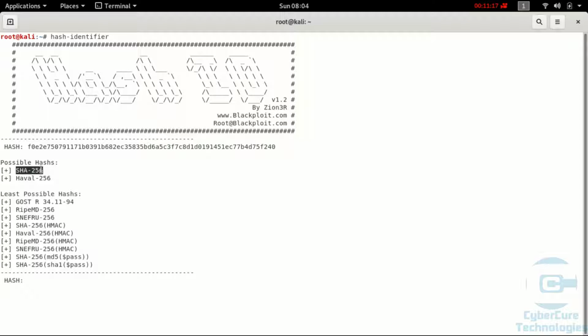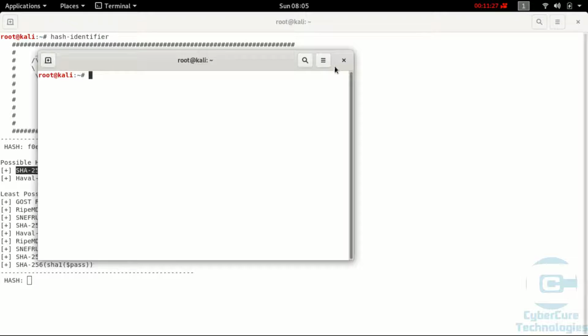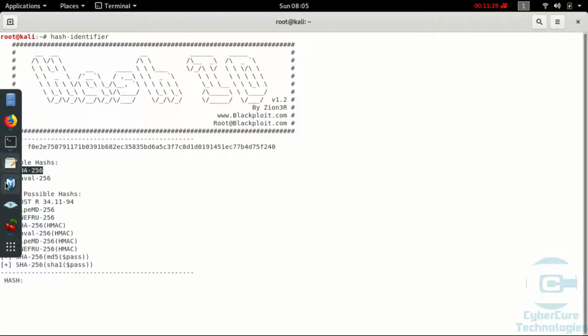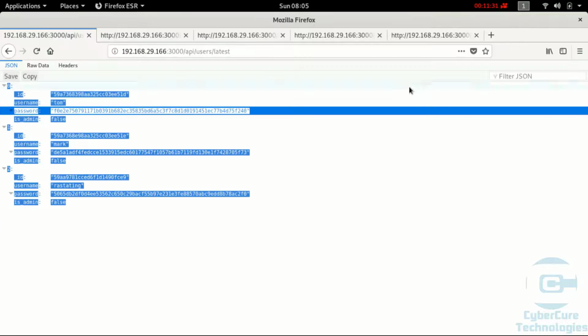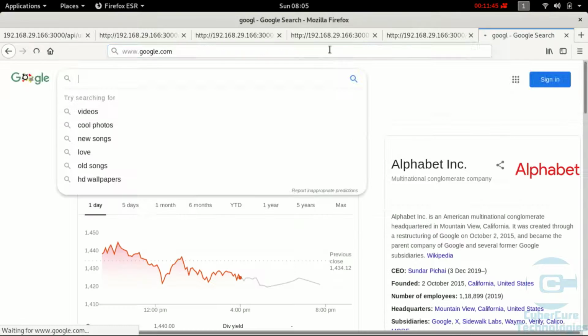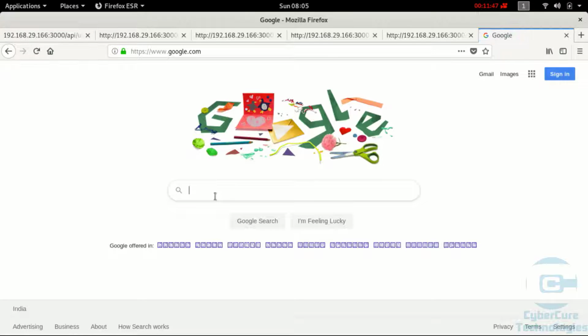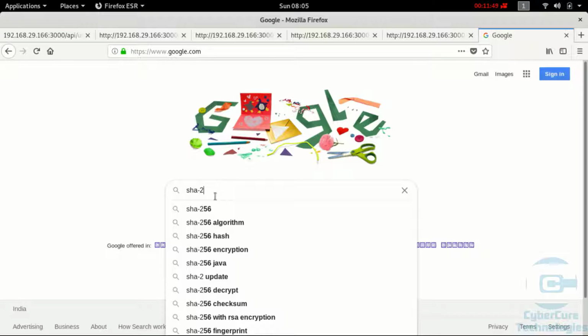So what I'll do is I'll try to find some websites on Google where they have a database of SHA-256 for decryption. I can go to Google and write SHA-256 decrypt or anything like that.